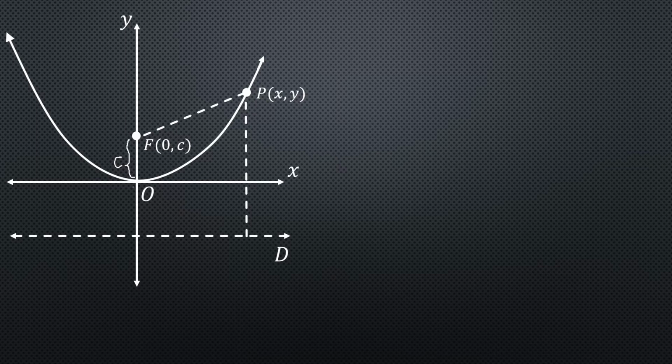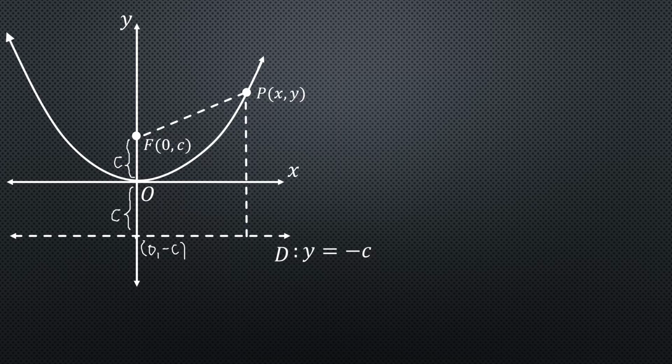So therefore, from the origin and the fixed line, or the directrix, the distance is also equal to c units. Therefore, the directrix passes through the point 0, negative c. And if the directrix passes through the point 0, negative c, therefore, the equation of the directrix is y equals